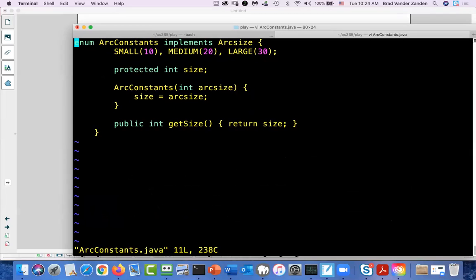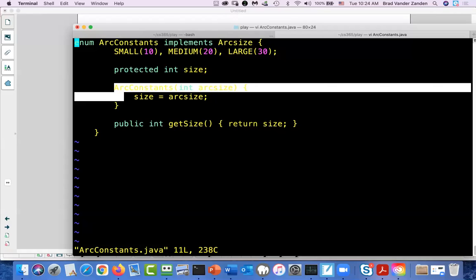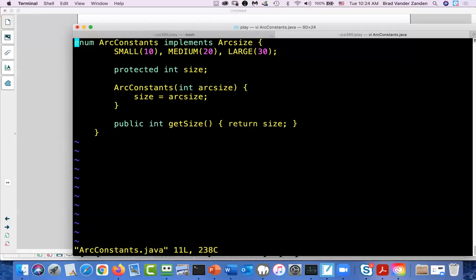So you had an enum arc constants or arc size or something. It was arc size, I believe, in homework 3. So you needed 3 constants, small, medium, and large. They each took a size in pixels. So you declared a protected variable for them,